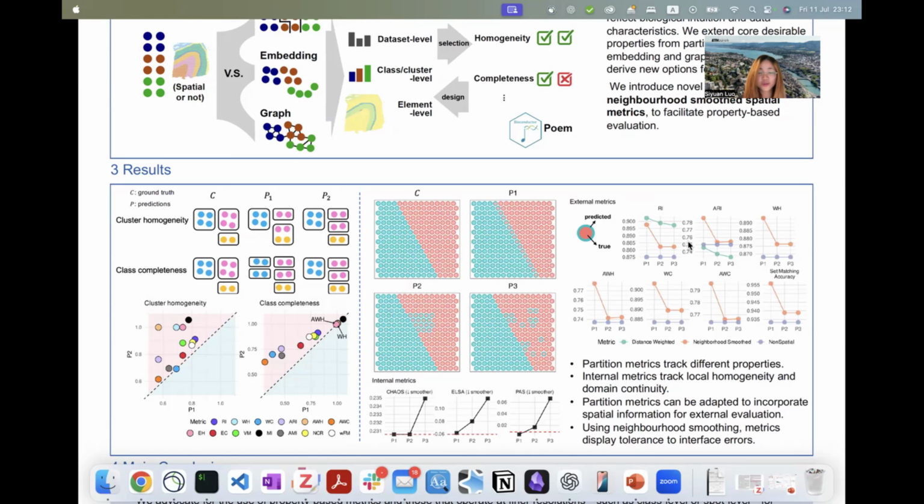Here, I'm showing you some external metrics like adjusted rand index. For the non-spatial one, which is the original version of ARI, it treats all three predictions as equal since it only looks at cluster labels, not spatial layout. We argue that in spatial context, metrics should penalize errors but also tolerate some small mistakes near the domain boundaries, like here, because the annotations near the boundaries may be uncertain or there may be some transitional